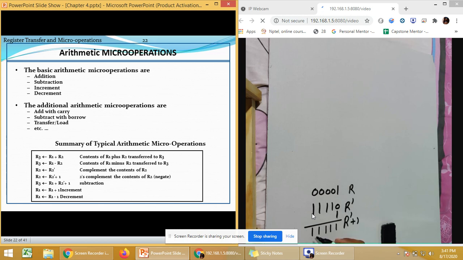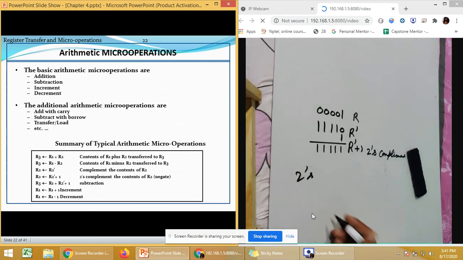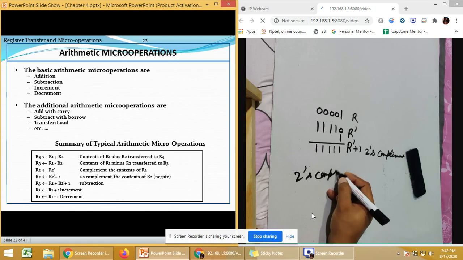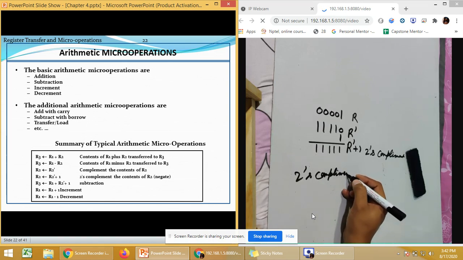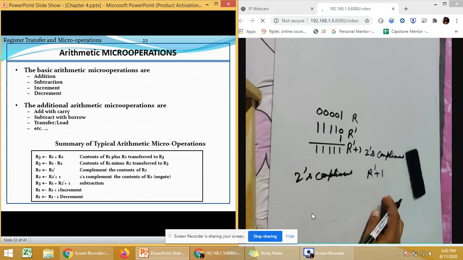This is 2's complement of R. So 2's complement is equivalent to R dash plus 1.